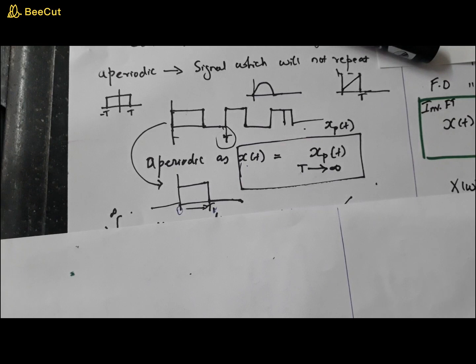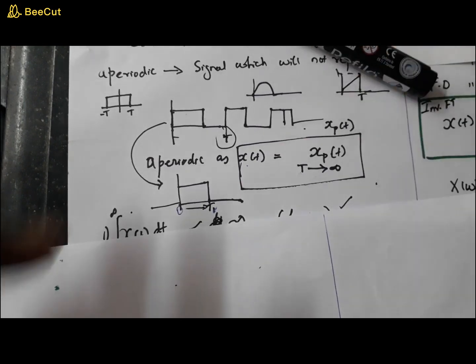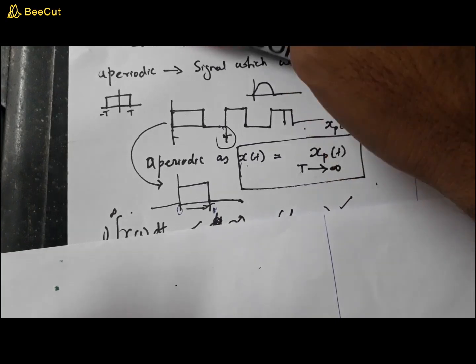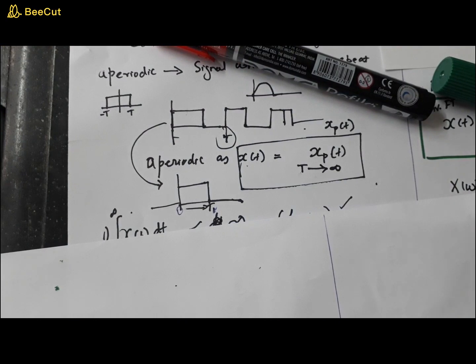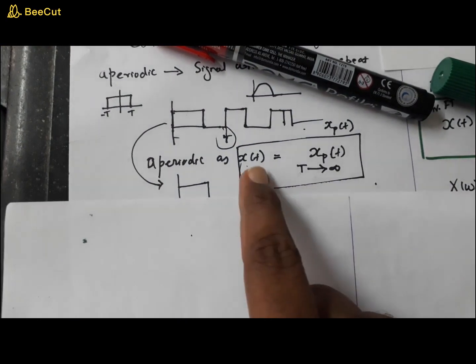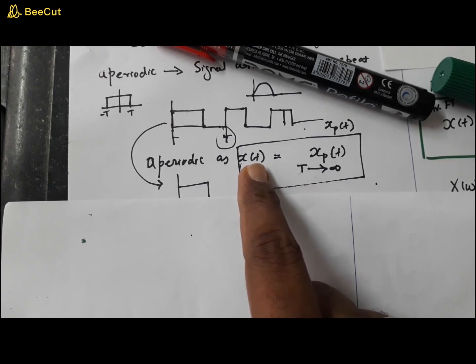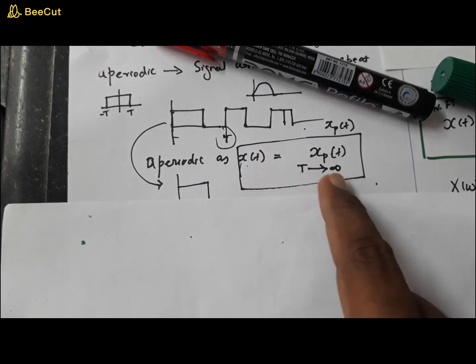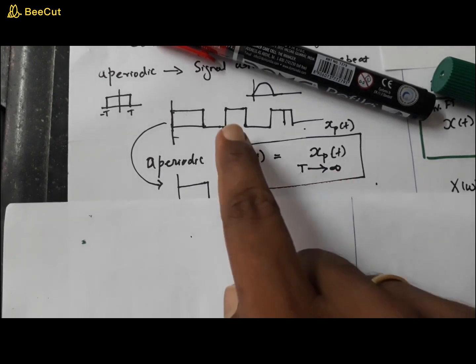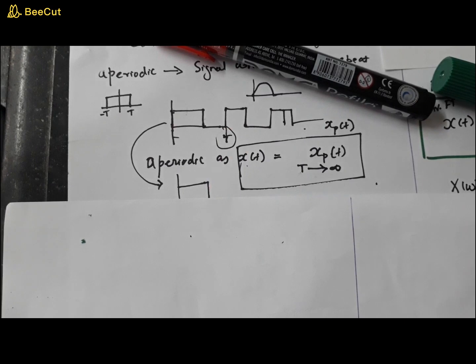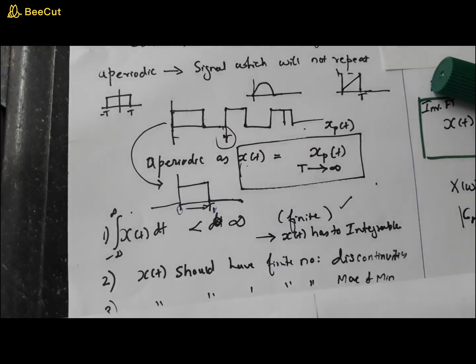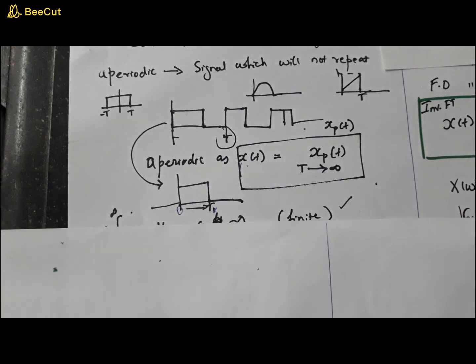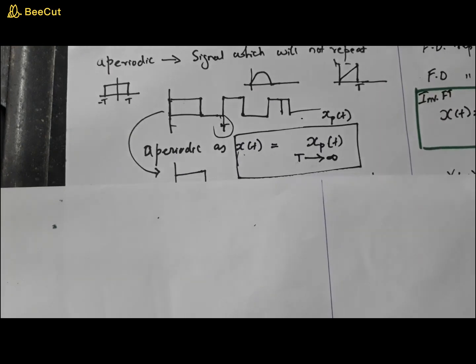So what can you say about the relationship between a periodic signal and an aperiodic signal? Any aperiodic signal is nothing but xp of t as T tends to infinity. Extending this T to infinity will make that signal aperiodic. Now, to represent a particular signal x of t